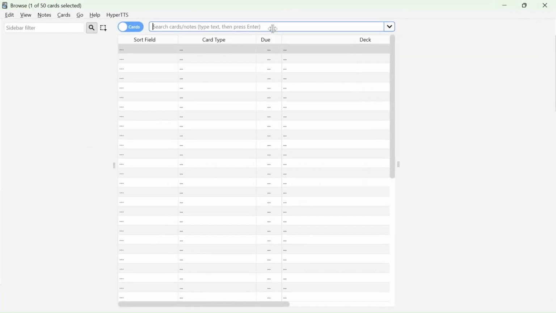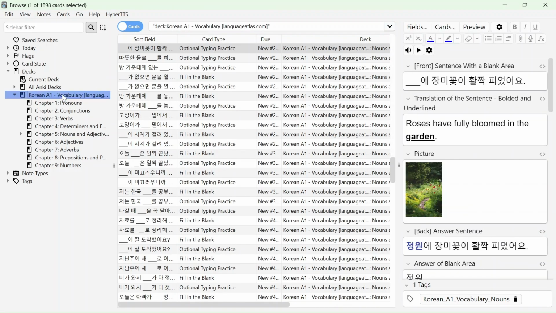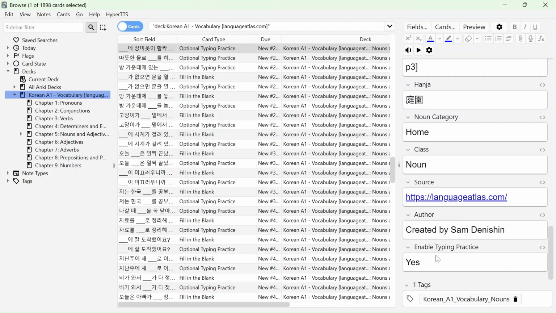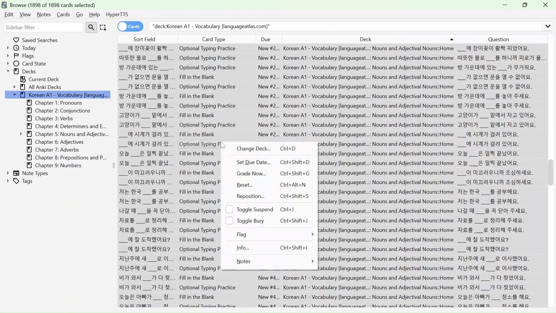You go to Browse, click on the Korean A1, and what I have to do is get rid of all the yeses over here. And again, if I do this one by one, it will take a really long time. So let's do a faster way. Click any card, it doesn't matter which one. Control A or Command A,